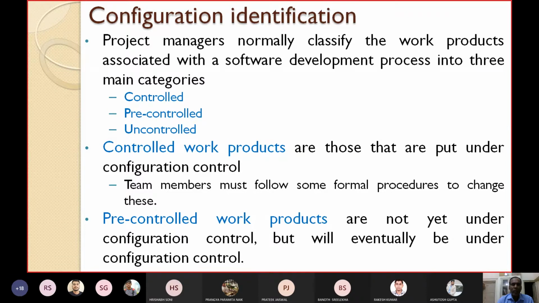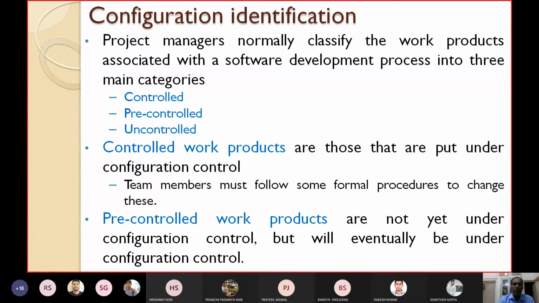What do you mean by pre-controlled work products? These are the work products that are not yet under configuration control. Till now they are not under configuration control, but they will eventually be put under configuration control, likely in the near future.